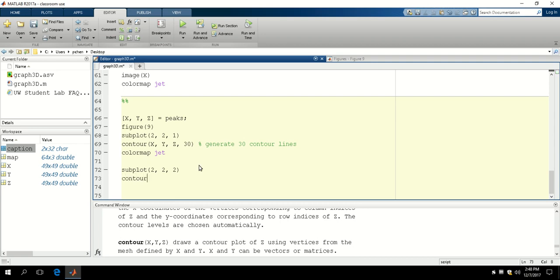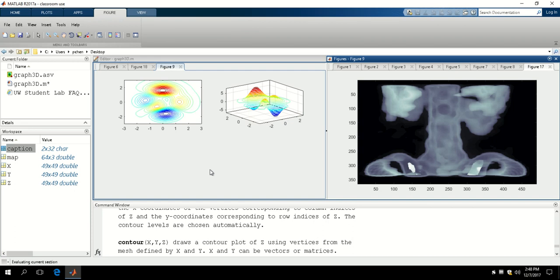But Matlab also provides another function that's called contour3. That's exactly drawing contour lines in 3D space. So let's still do x, y, z, and 30. So that's going to give you this kind of contour lines, right? So not just the color, but also the location of the contour lines are positioned at the correct